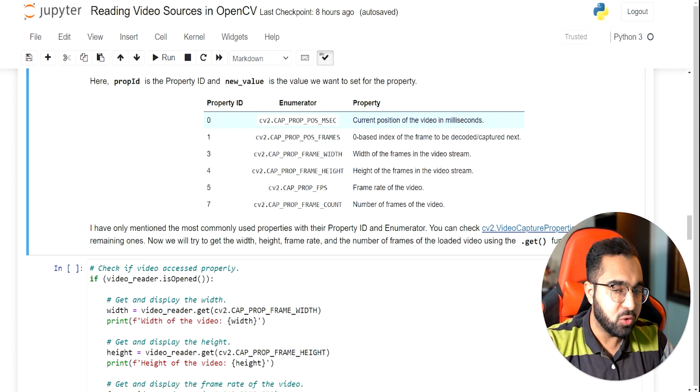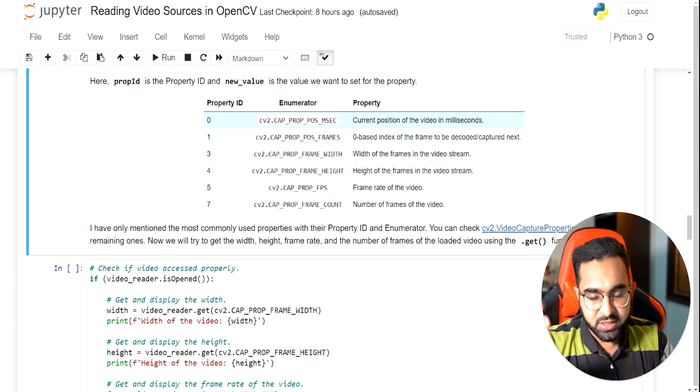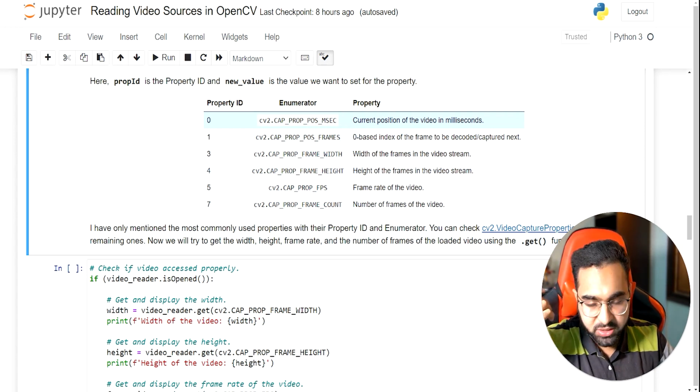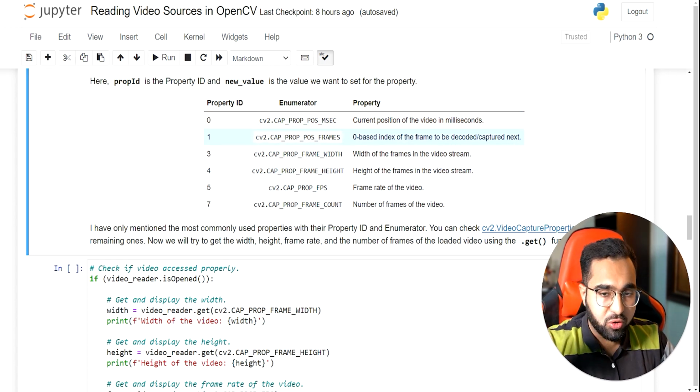Suppose a client gives you an object detection task and tells you, I want to know at which point these objects make an appearance in a video and how long they stay in that video. With this, anytime that object appears, you can call this function, and you'll know exactly how many seconds have passed when that object makes an appearance and how long it stays in that part of the video. Similarly, you can also get at any time in a video how many frames have passed and what the position of the frames is.